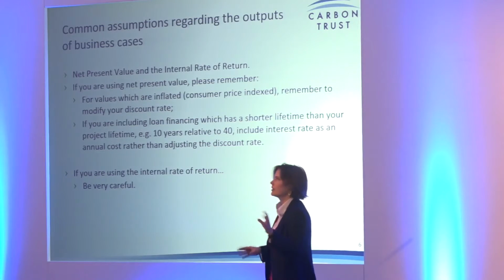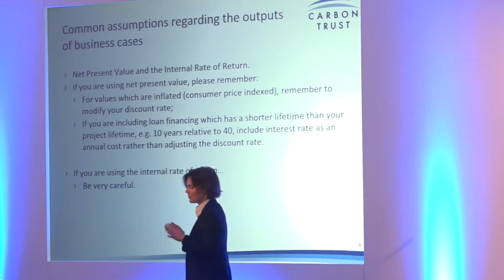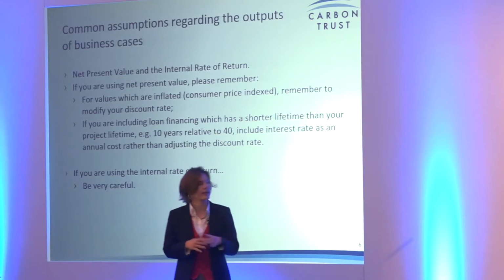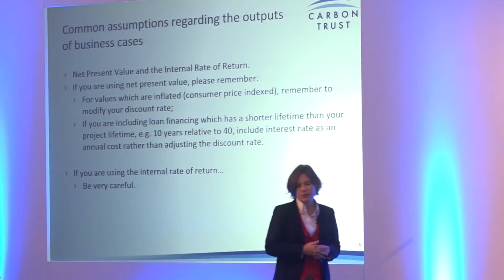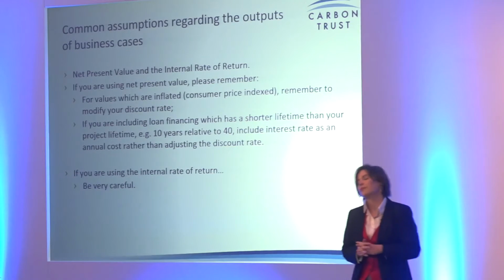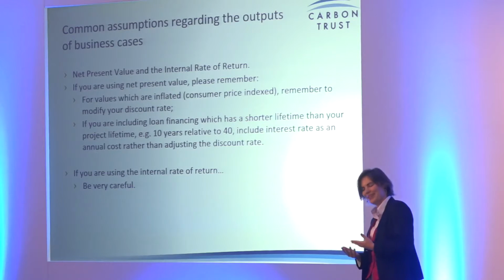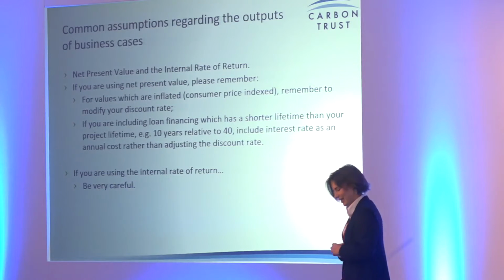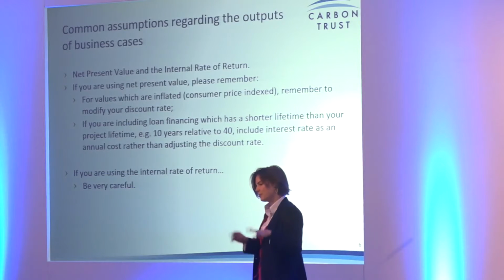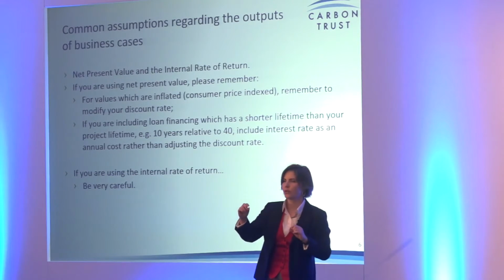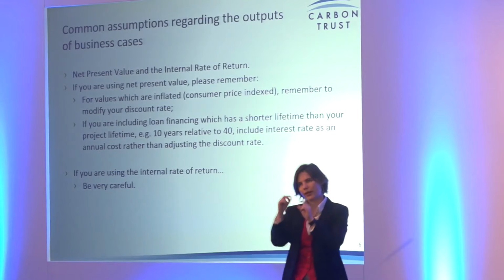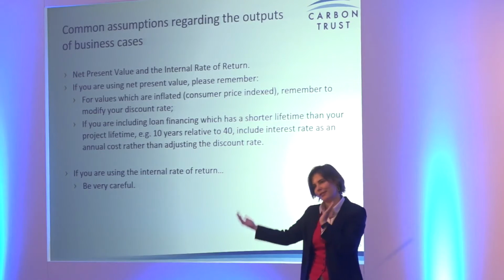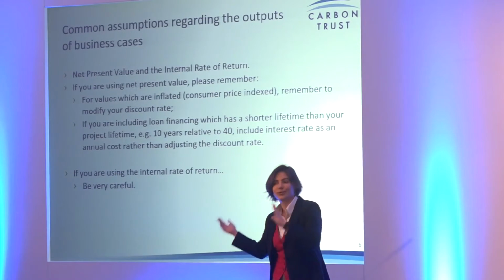I was going to say wrong, but that almost sounds conceited. But I mean, there are a lot of small mistakes you can make in calculating your net present value. And I've put one or two up on the board. So in terms of if you are using inflation, remember to amend your discount rate, because that doesn't always happen. And if you're including loan financing, sometimes people will put the interest rate straight onto the discount rate, but that will only work if you've calculated specifically for the lifetime of the investment, which sometimes tends to be longer than your loan. These have small but sometimes very large, significant impacts on what looks like the project viability.